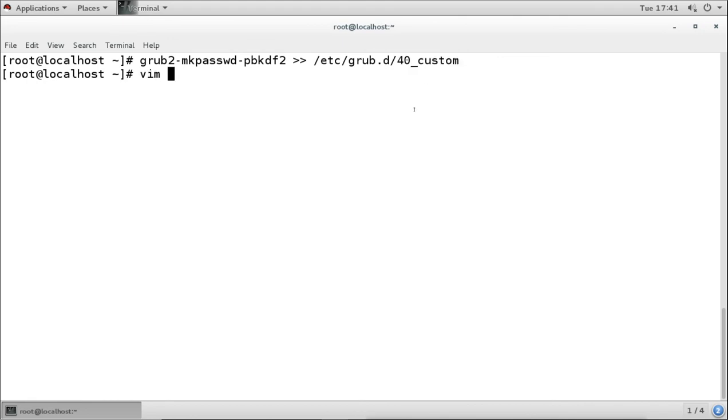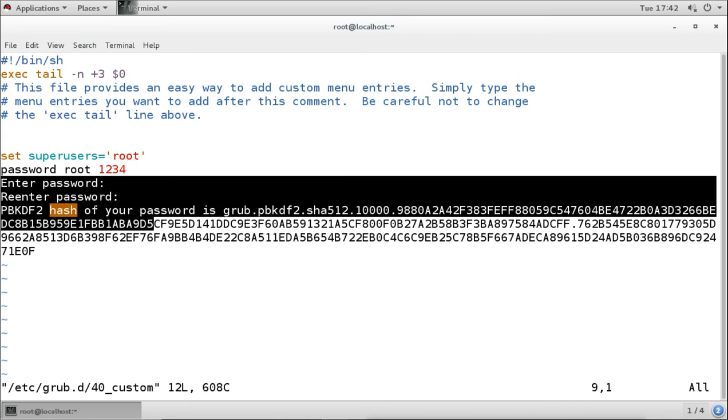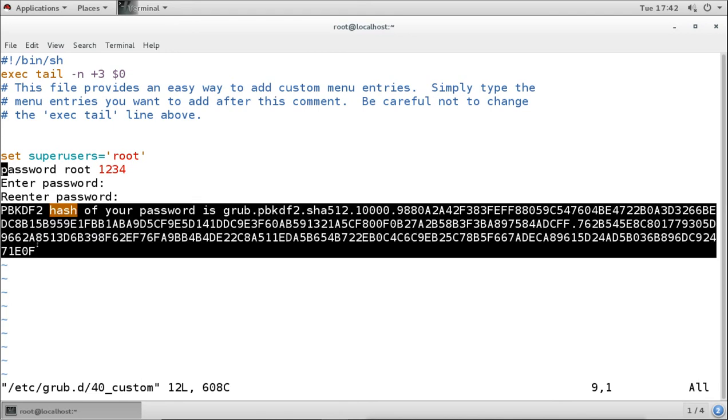I will open the file now, and we can see the output is here. First it redirected the enter password prompt, then the re-enter password prompt, and then the hash is also redirected.